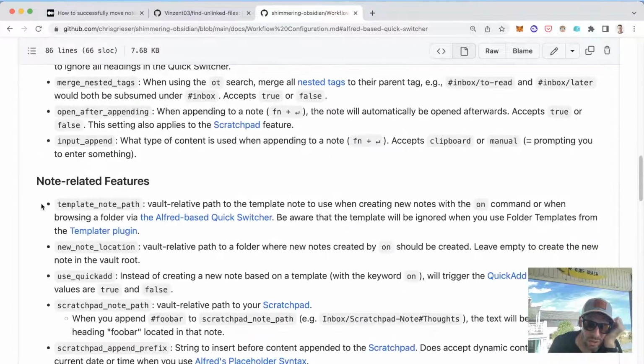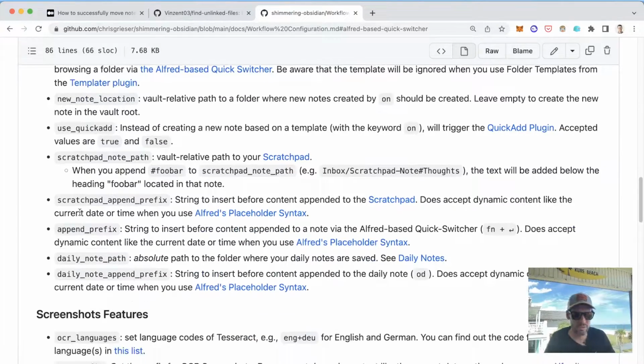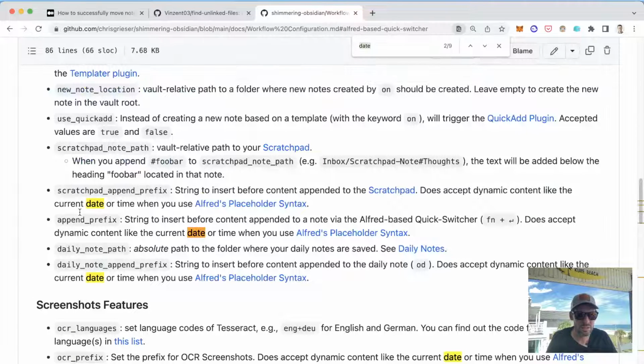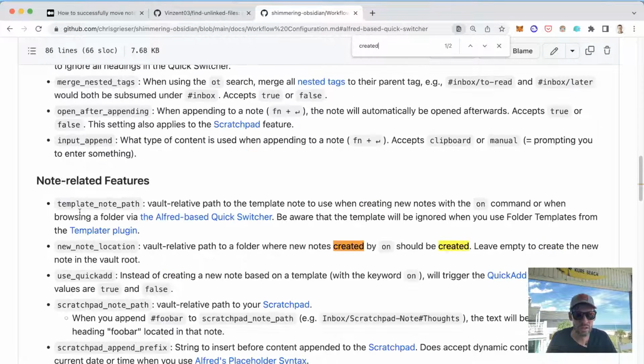Oh goodness, template note path, use quick add. All right, let's see, date. Actually modified would be the, or updated, or created. That's new note location.